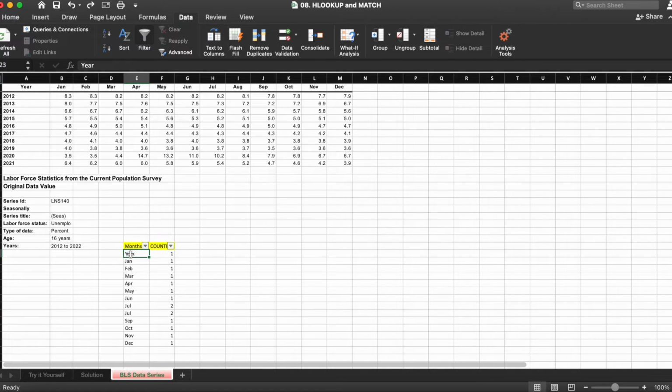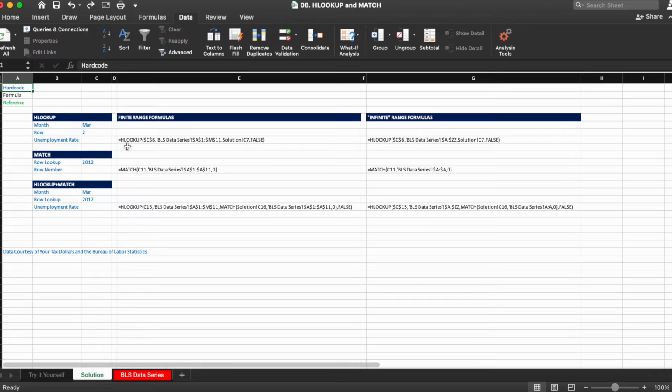And now we are on to the HLOOKUP. We're ready to rock. Okay, so we're going to look at 2 different ways to do the HLOOKUP. First, we're going to look at a finite range, and second, we're going to look at an air quotes infinite range. And in both cases, we're going to be relatively hard coding the how far to go down portion of the formula, and we're going to remove that once we learn the match function.